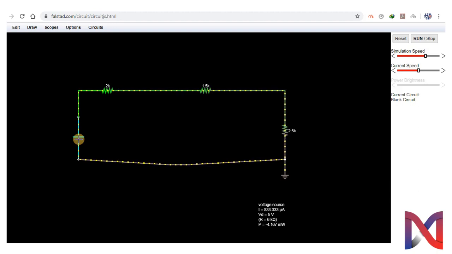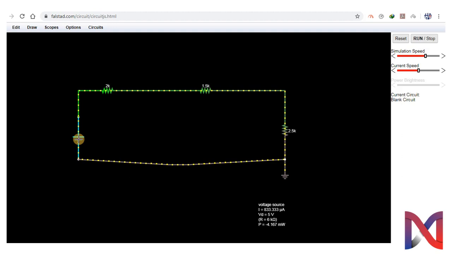Here the input current is 833.333 microampere. The voltage source is obviously 5 volts and equivalent resistance is 6 kilo ohm. It's verifying that the equivalent of all 3 components we have connected is 6 kilo ohm.